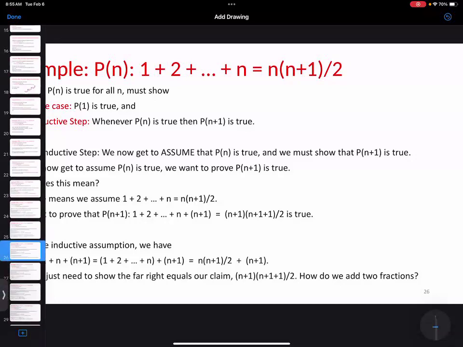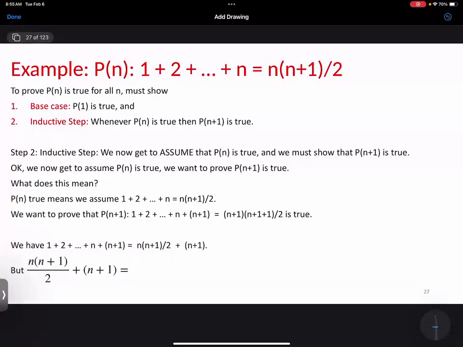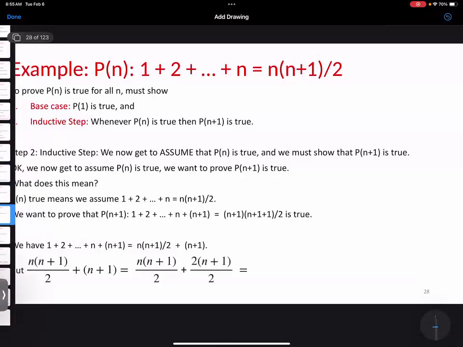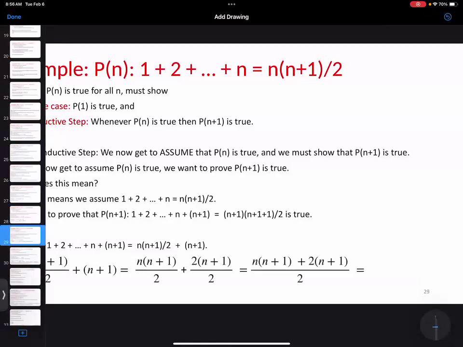Common denominators, right? All that stuff from algebra 2 is now useful. So I want to add the two fractions. I get common denominators, so I multiply the second one by 2 over 2. And when I add,